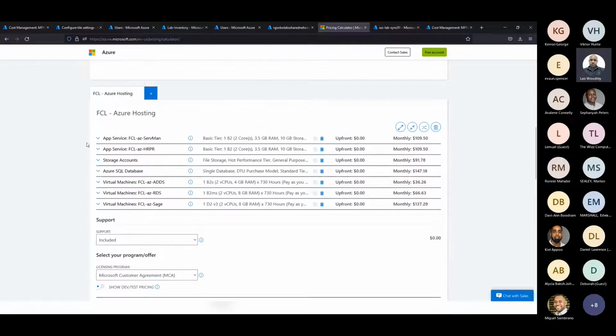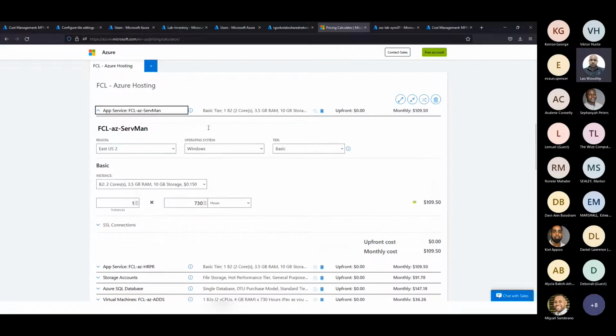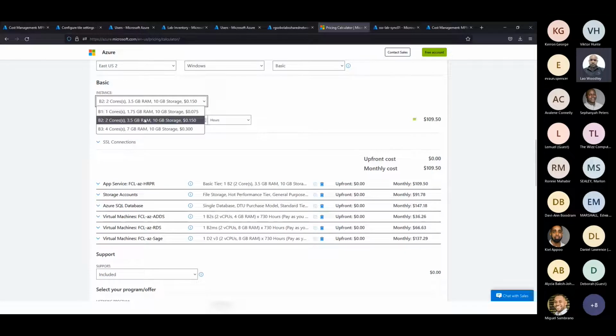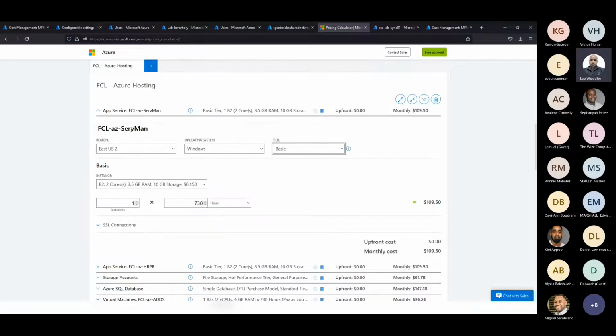Just switching back here, I'd like to show you that on the price calculator, you do have the option to configure variable options within the technical components.